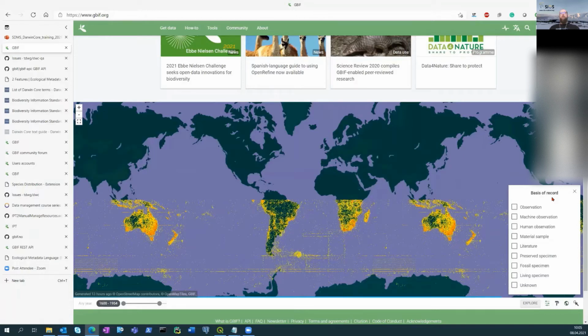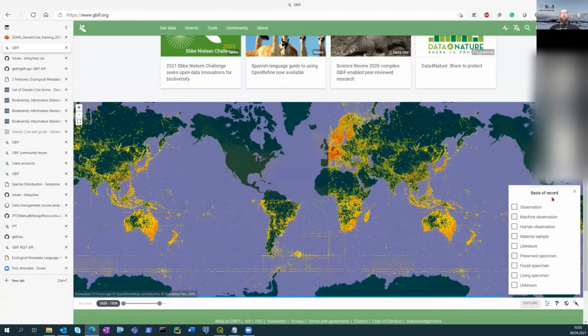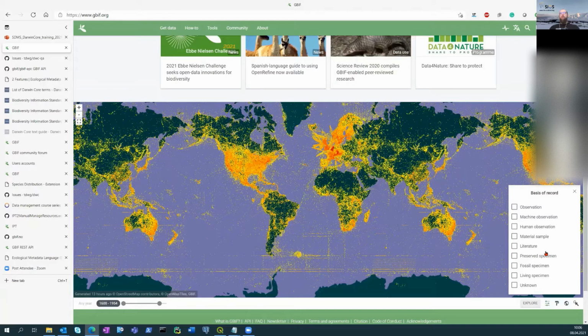Basis of record is already one of the Darwin Core terms, which defines the source of your data, the source of your information. So is it coming from direct observation in nature? Is it human or machine observation? Is it a specimen, maybe in some museum collection? You can narrow down